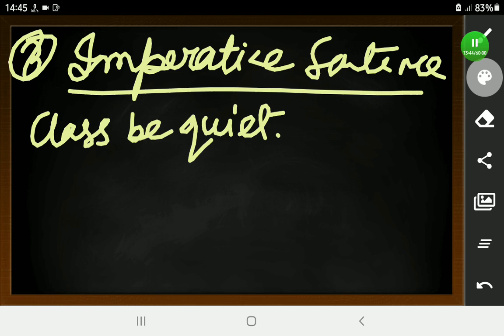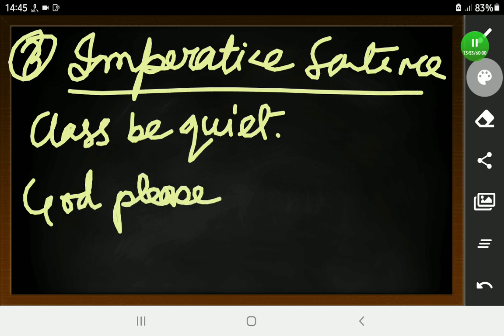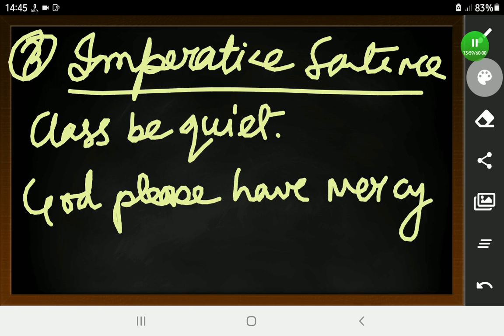Now I will give you an example of a request. God, please have mercy on us. Now this is an example of a request. Someone is not mentioned here, but you can understand that someone is asking God, is requesting God, please God have mercy on us. So this is a request. So this is an imperative sentence. I give you another example of